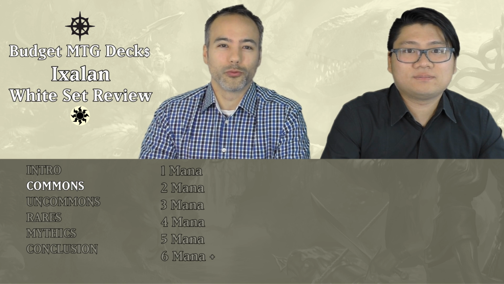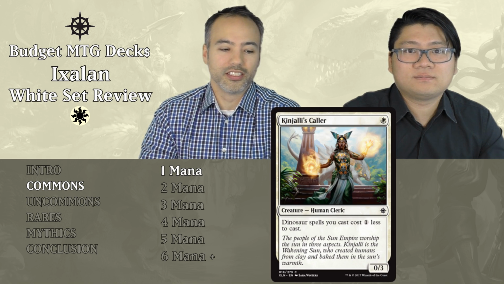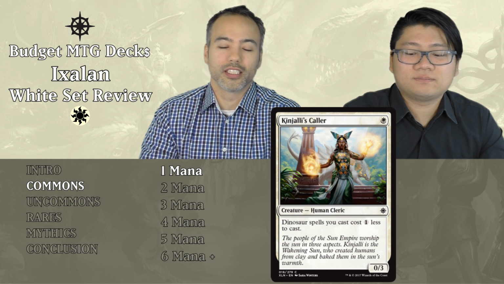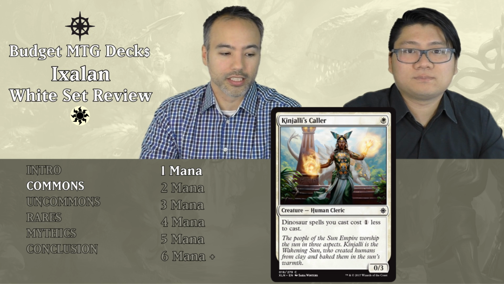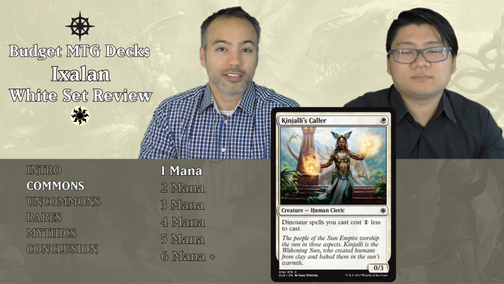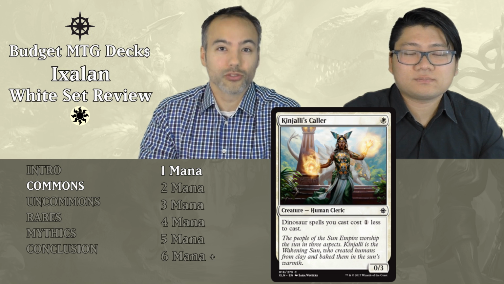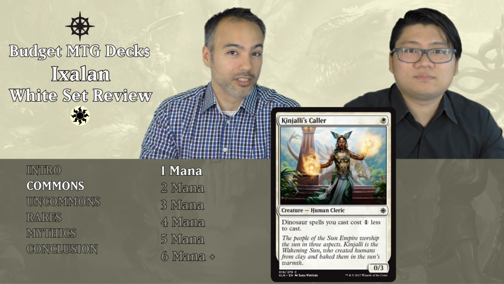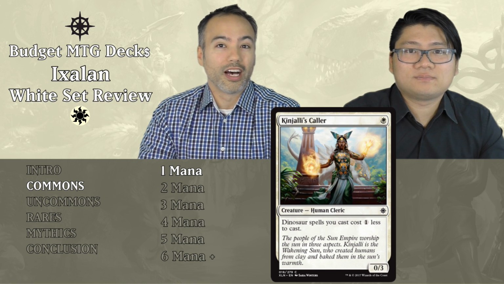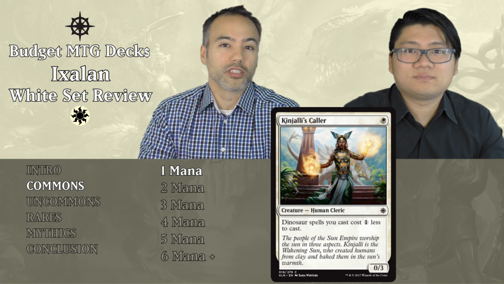The first of our common white cards is Kinjali's Collar. For 1 white, we have a 0/3 human cleric, which states that dinosaur spells you cast cost 1 less generic mana to cast. First, we must denote that this set is a tribal set, which means that we have tons of dinosaurs, tons of merfolk, tons of vampires, and tons of pirates, which is super cool. However, that is mostly going to be very relevant for constructed, and when we're talking about limited,